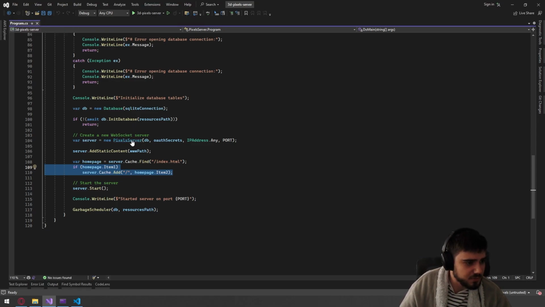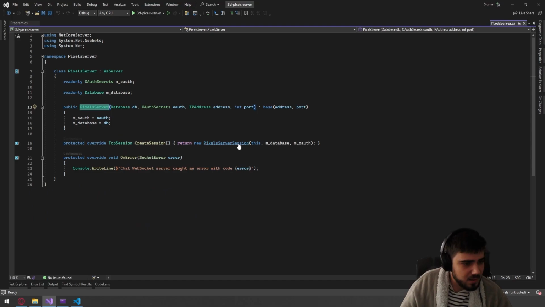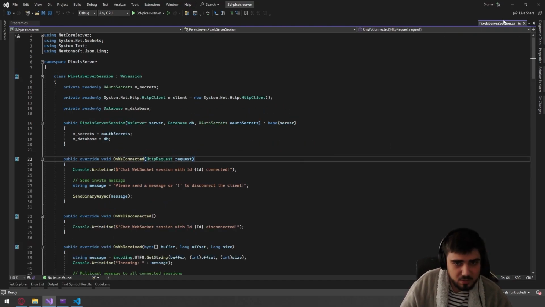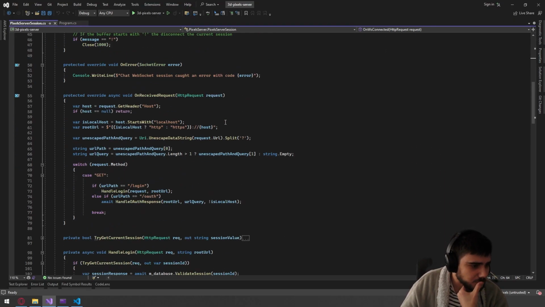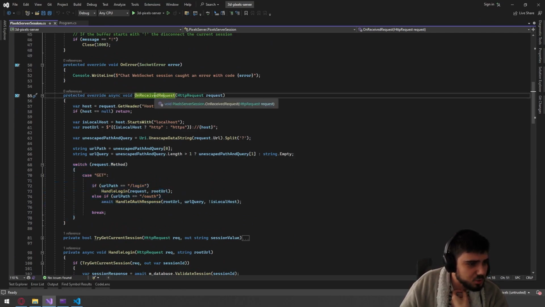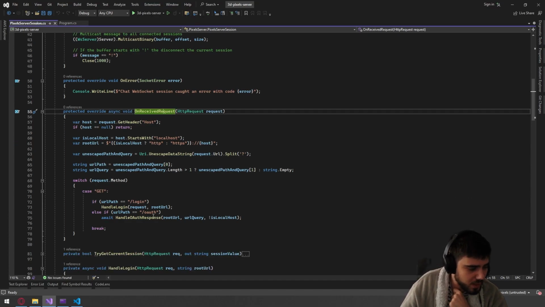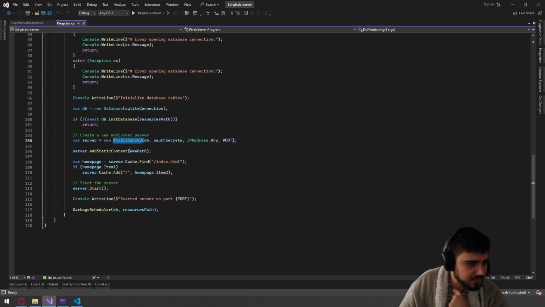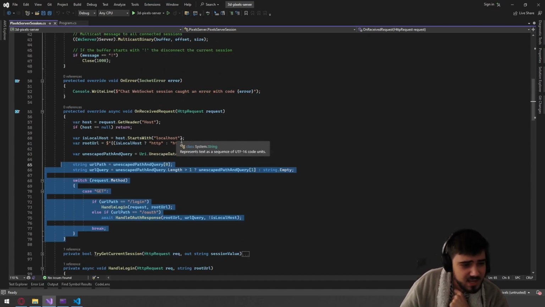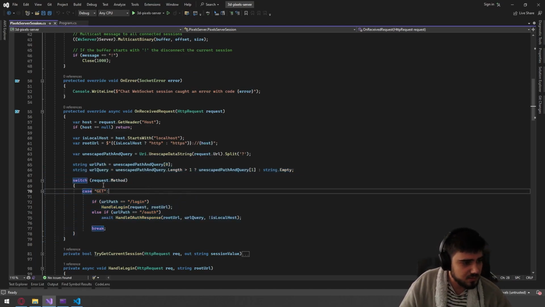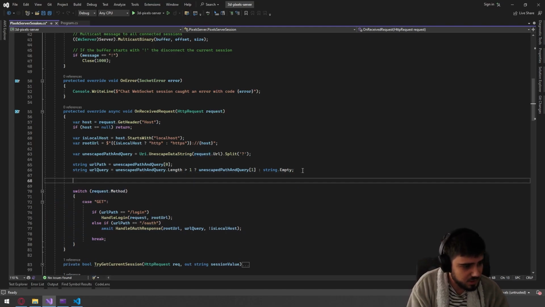Because if I go over to our Pixel servers, the session, let me open this tab. At some point, yeah, there you go, we do this. But I'm pretty sure we probably only receive this for requests that are not being automatically handled by the static files. So maybe we need to remove the static pages. We can probably check that by doing something like console.writeLine